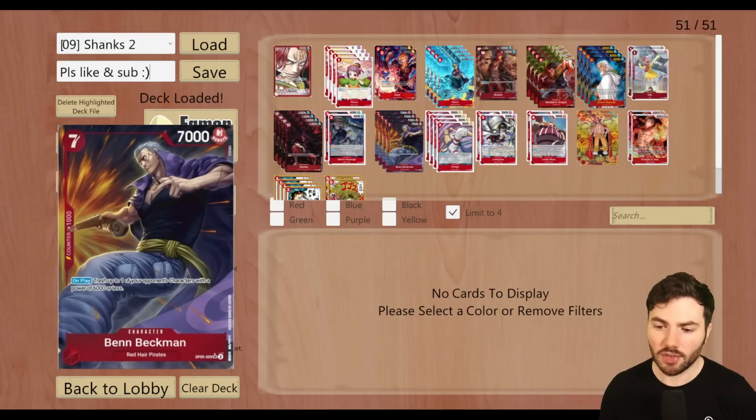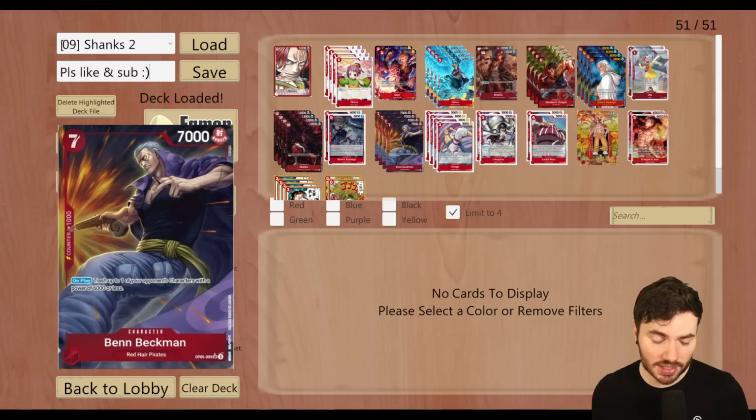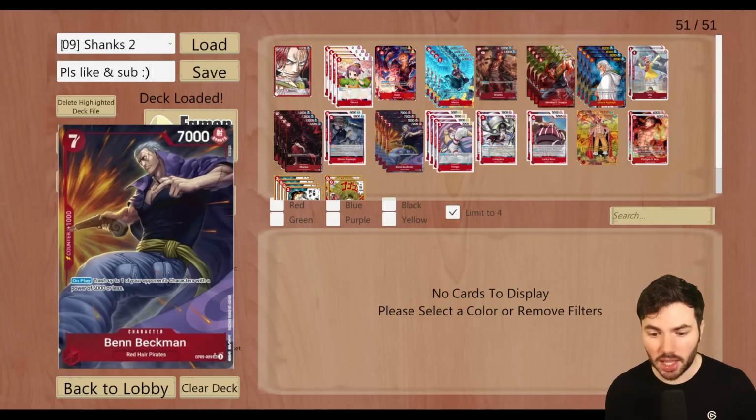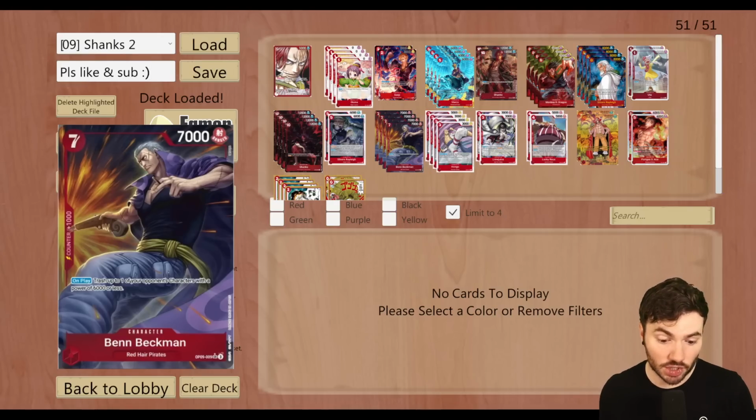We're just kind of going off of pure power alone, and sometimes Otama helps get you there if you need to get a bigger body off the field. So Ben Beckman, just being able to trash a 6,000 power, and trash is important. That's a good keyword because it gets rid of Sabo, because Sabo says can't be KO'd. Well, trash is different. So Ben Beckman is a great addition to the deck, a great addition from OP09, and